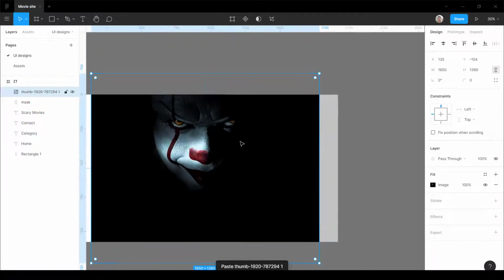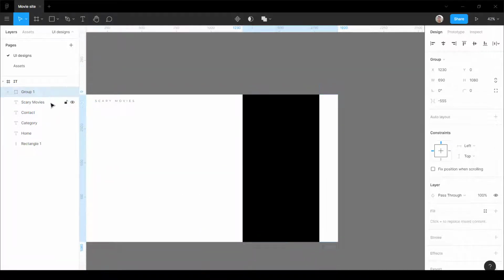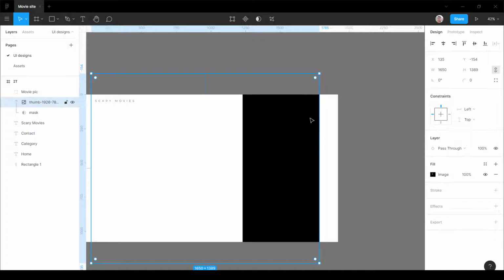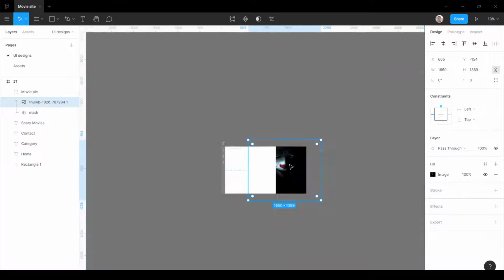Okay, now for the movie pic. So yeah, I made a rectangle and I had the pictures already that I downloaded from a basic Google search. So for this particular element, I'm just gonna mask them, and then group them. But Figma has an option where you can just